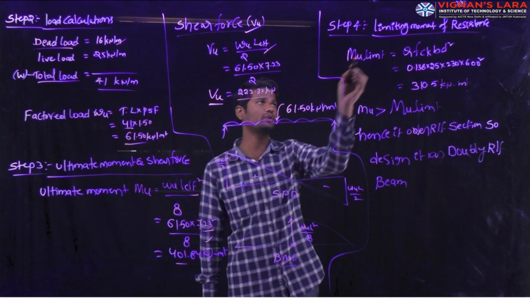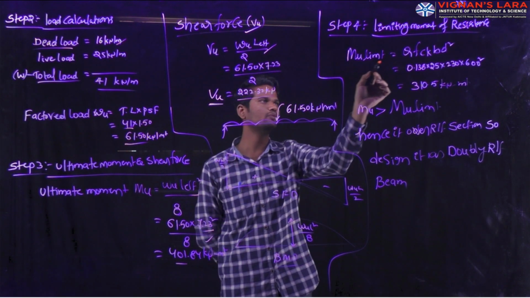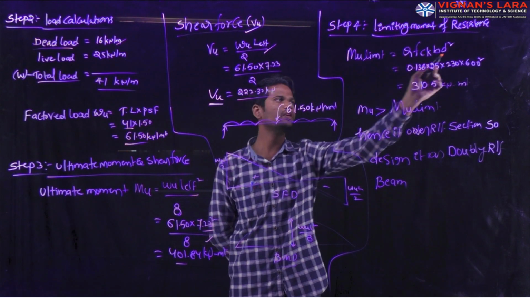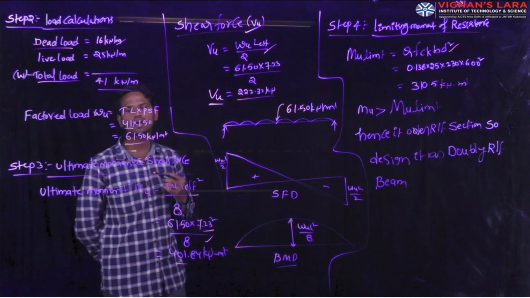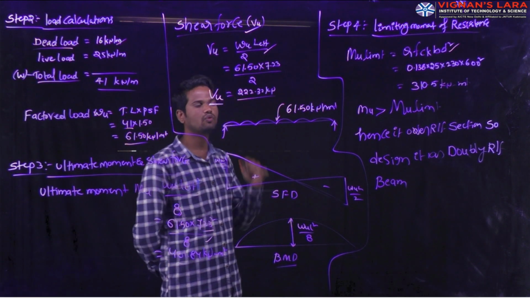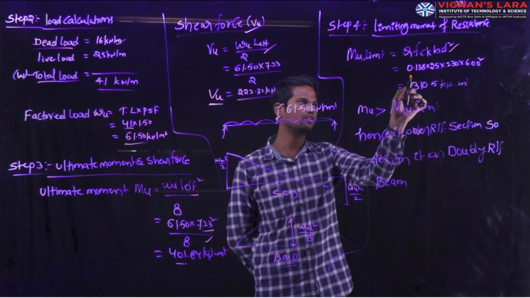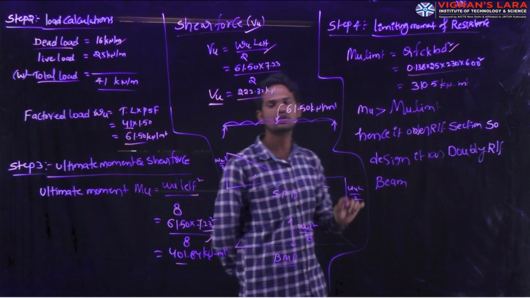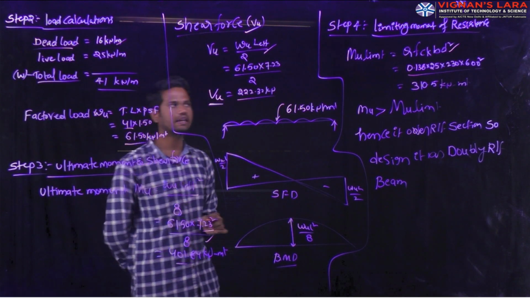Step 4 is the limiting moment of resistance. That limiting moment of resistance, Mu limit equals Q into fck into b d square. This is the formula for how much moment the beam can carry, which we can calculate using this equation. The limiting moment equals 0.138 into fck into b into d square, where